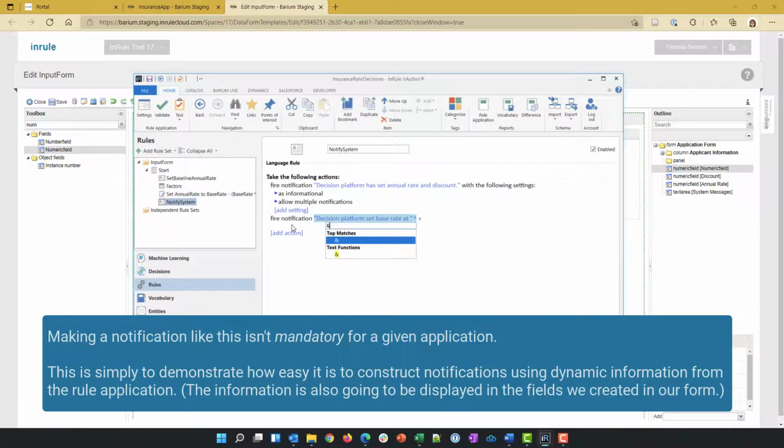I'll hit ampersand. Now we're going to pick the value, which is base rate, and then we want to continue this thought and calculated a discount of